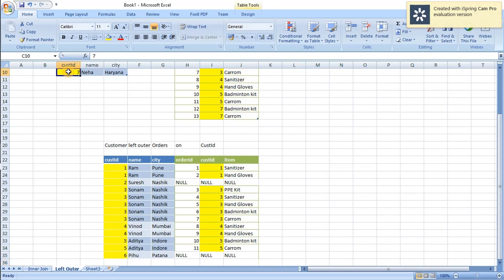And for the last, customer ID equal to 7, a couple of items are purchased, so it will return a couple of entries, as 2 items are purchased.